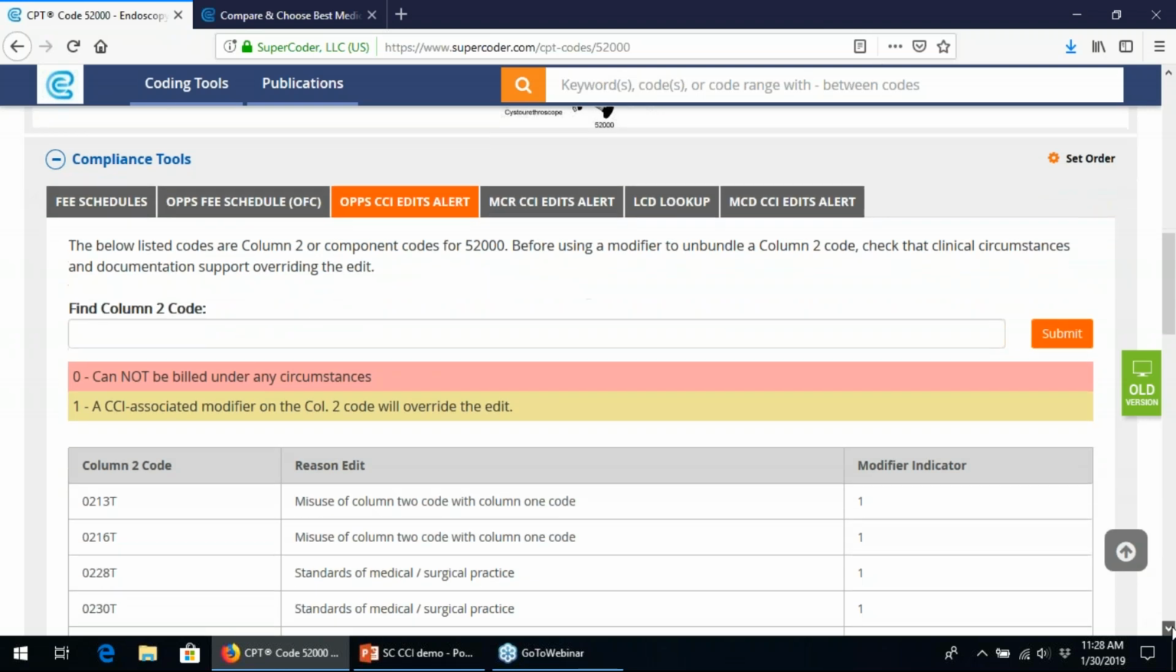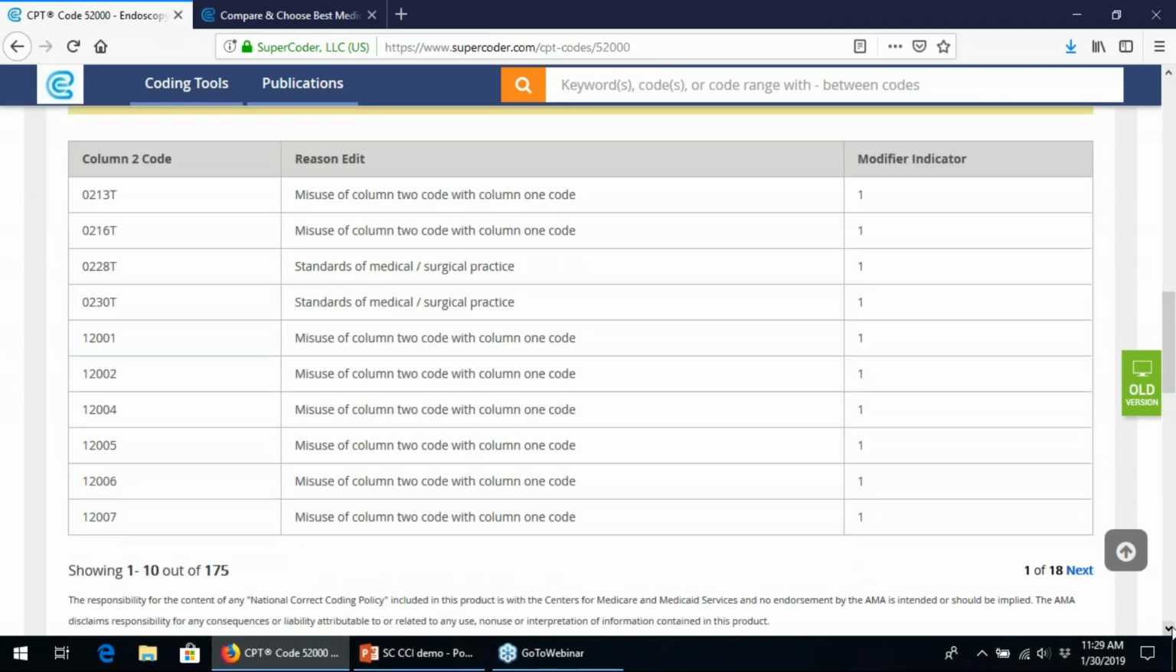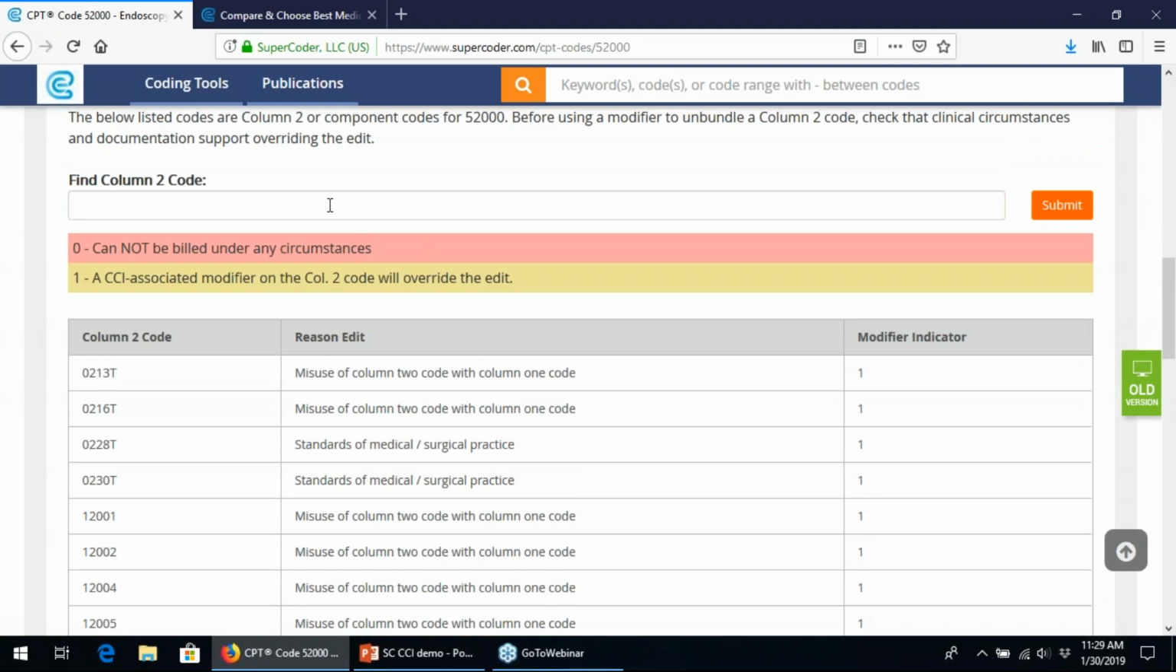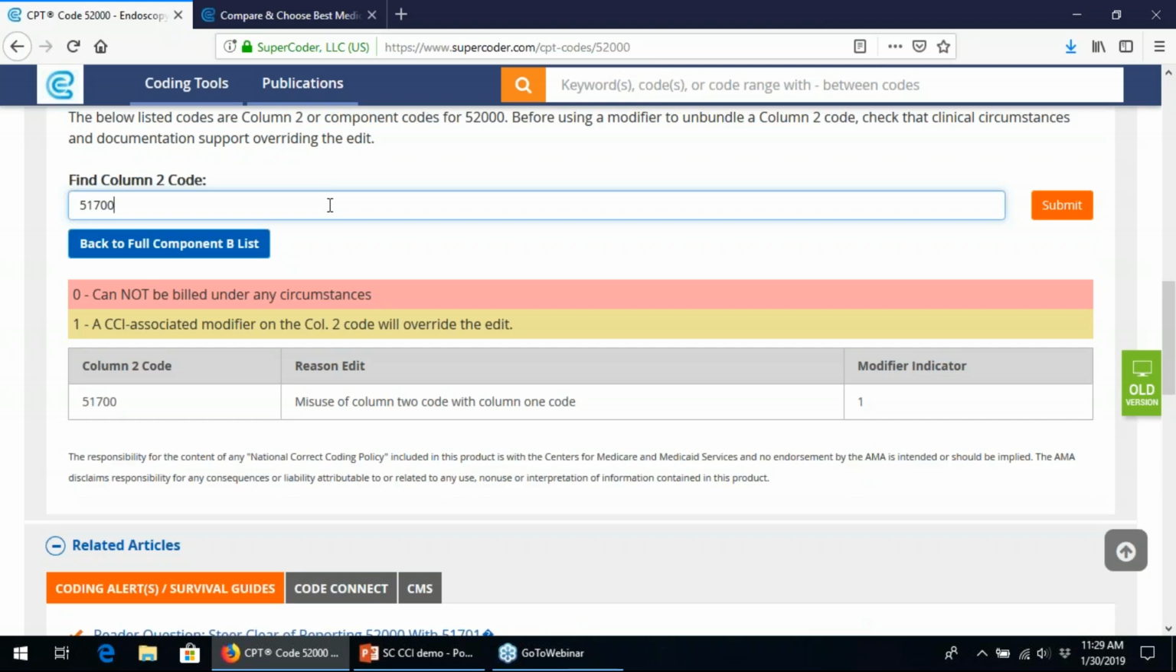If I scroll down a little bit, this is a list of every code that is bundled with 52000. You click Next to get to all of those codes. But if I know a particular code and I want to go ahead and check that, I can put that right in here and it's going to pull up just that result. So let's check 51700. I hit enter and here it shows me just that code and tells me the modifier